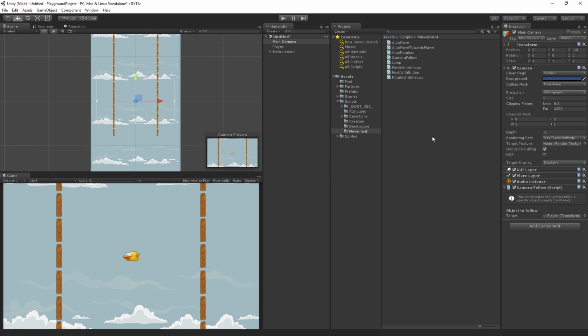Okay, so now let's fix our background issue. So we've got the main camera highlighted. All we need to do is change the clear flags on the camera to a solid color. I mean, actually, it's a solid color now because there's no skybox assigned, but let's just change it to solid color. And then the background color, we're going to use the eyedropper tool here, and we can see now anything we mouse over is going to be set to that color. And we're just going to take the kind of fill color for the sky, which is this kind of gray blue. Click on that,